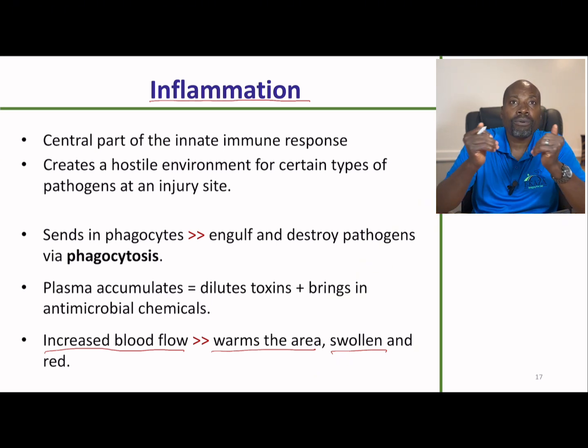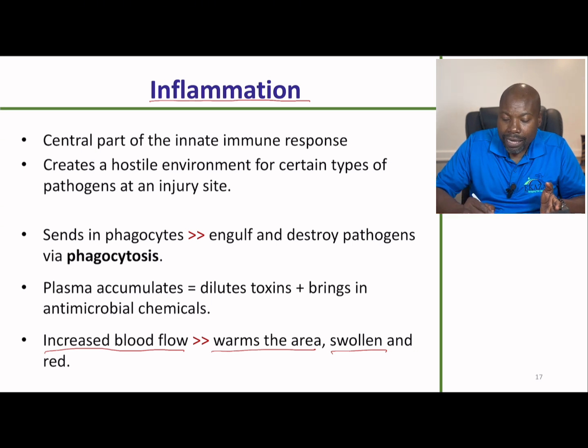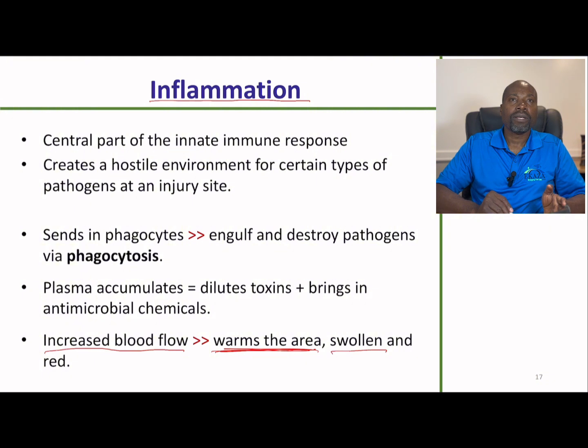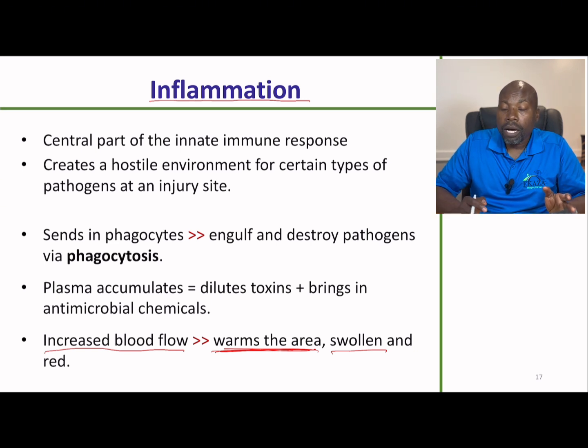Now, whenever you have a breach in the skin, right, this is going to be an open area for bacteria to get in, viruses to get in, right? And as these viruses and bacteria try getting in or actually get in, you need the body to develop a response. The warmth is actually going to neutralize microbial growth, or chances of microbial growth, right? The swelling that is caused by vasodilation, it's basically that the